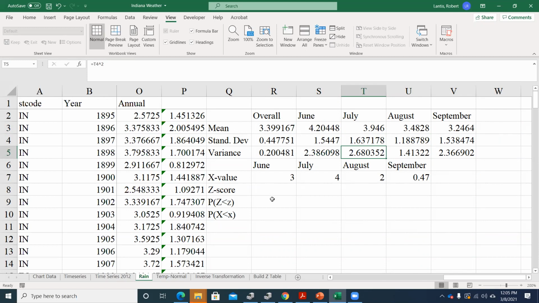where we want to say, okay, what's the probability I see 3 inches of rainfall this June? So we've got the mean, the variance, and the standard deviation. So let me see if I can,